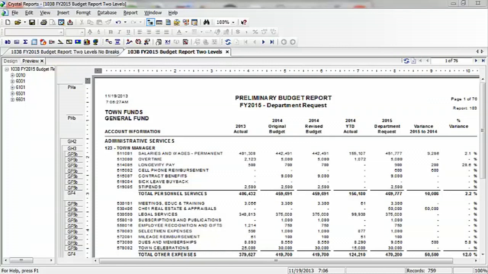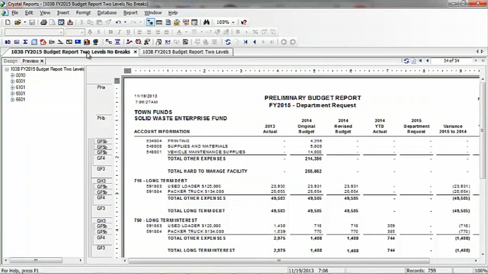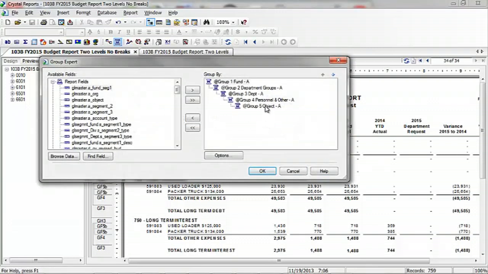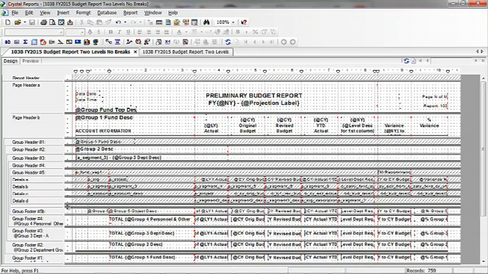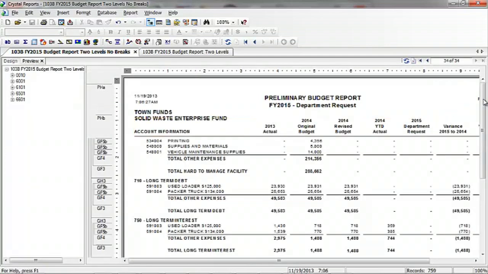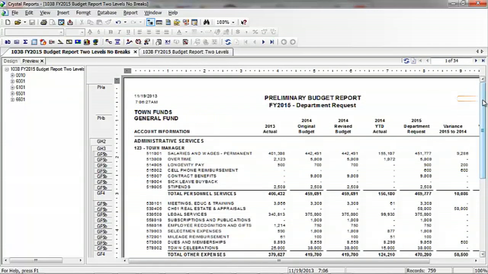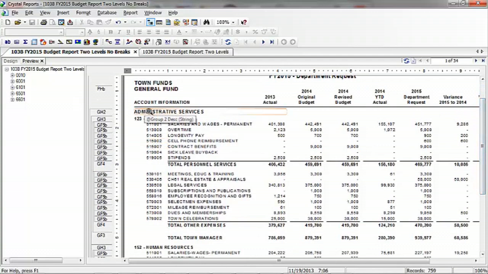This is a budget report that is showing information based on groups that go by the account, a group called personnel and other, and then department, and then those departments grouped up, and then we're going to be showing by fund. So all we're showing in this report is the object level, so that's all the way down at the bottom, and this is what your report looks like when there are no page breaks. Okay? Going to go back to page 1 here, and you see we start with our administrative services for